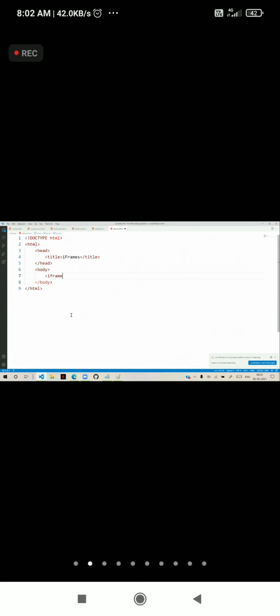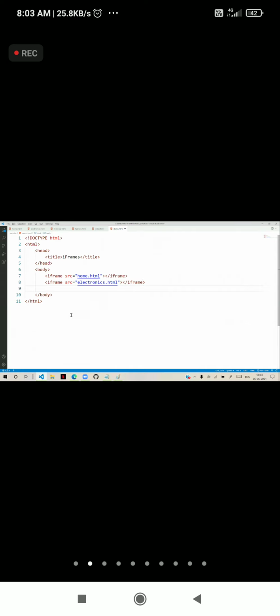This iframe has a source, that is home.html. And I have another iframe that has a source, that is http://www.amazon.in, something like this. Or you can use all the pages, suppose electronics.html.